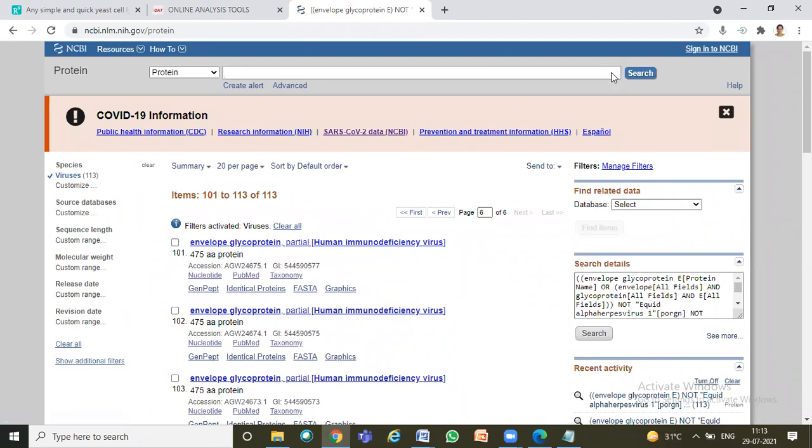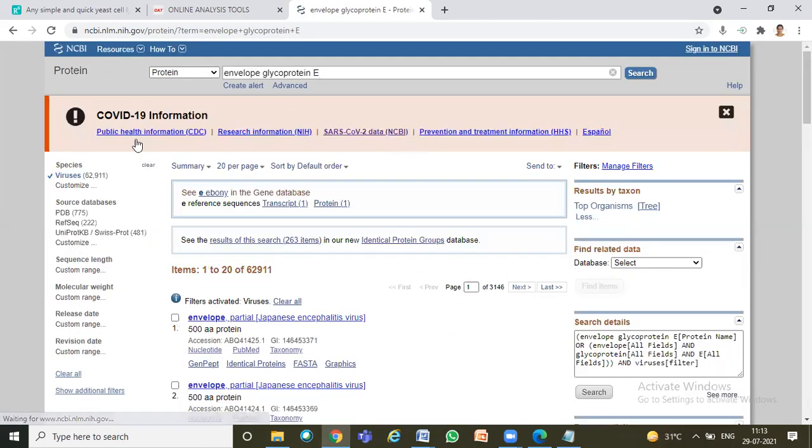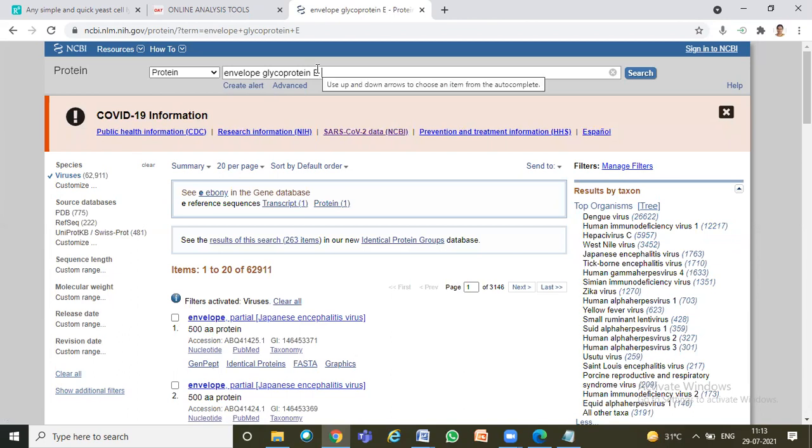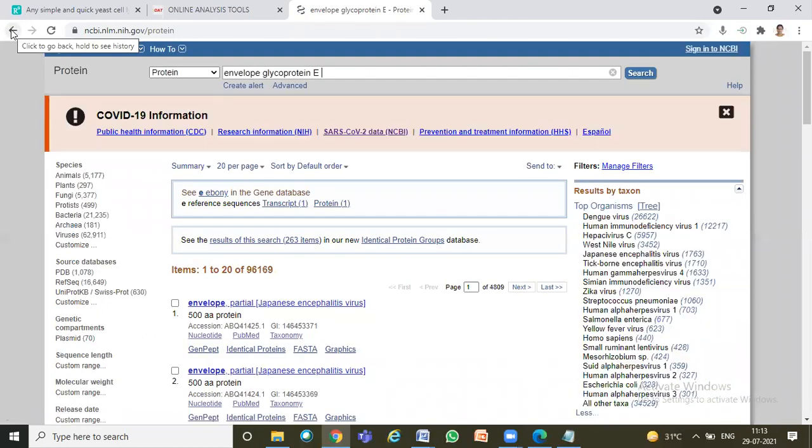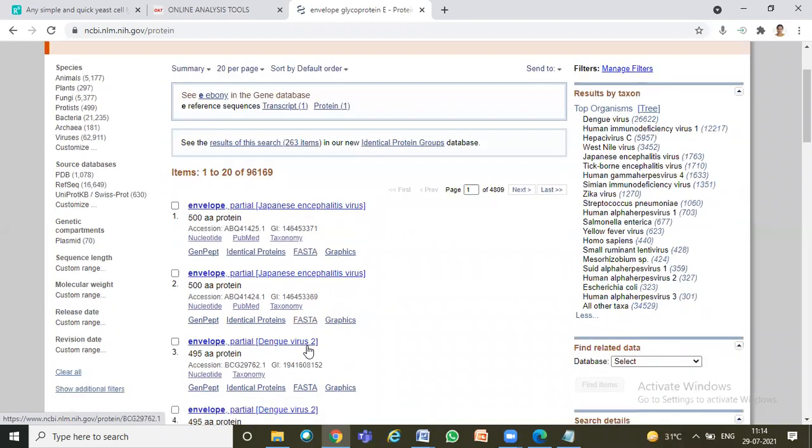So in different organisms you can search for your envelope glycoprotein E in this manner. Suppose I tell you to find envelope glycoprotein E in mammals, for example. There are so many filters selected here, you have to deselect the filters, right? Regarding how to retrieve the sequences, protein, DNA, I have taught you all that. Even from the NCBI page you can download your FASTA sequences and start working, but always be sure that you don't select partial sequences.